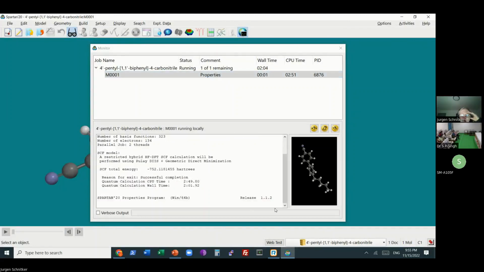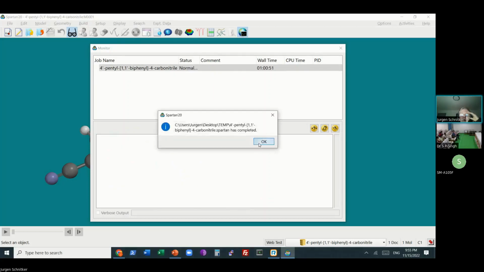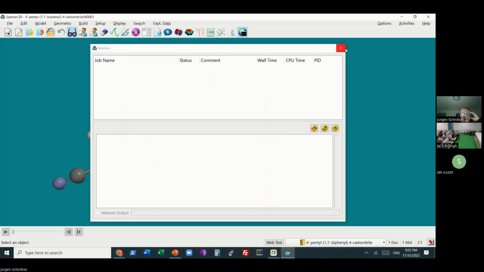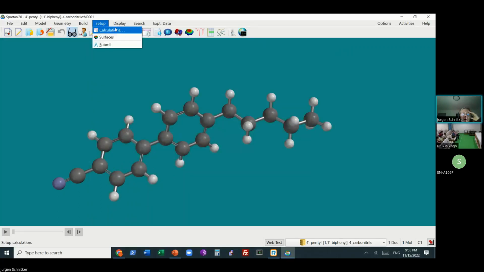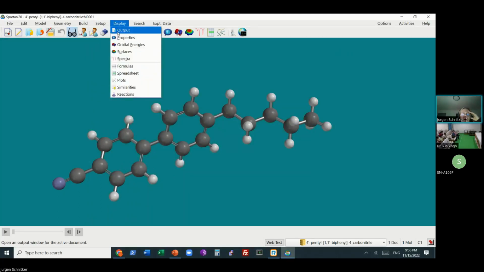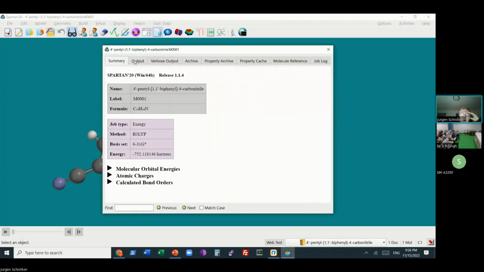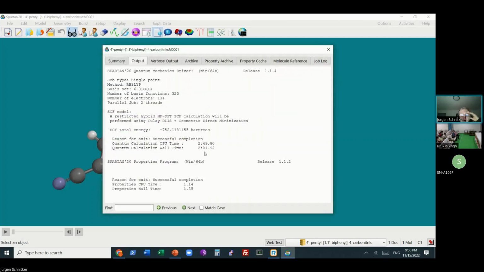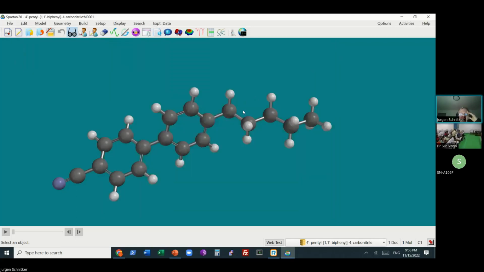There, it's finishing. So here actually it took, it finished. I expected 1 minute. Actually, it took a little bit longer. If I look at the output here, the CPU time was 3 minutes, and because I'm running on dual core, the wall clock time was 2 minutes. So it took 2 minutes rather than 1 minute. I had run the example before. It took 1 minute, so the way I rotated the pentyl group here may not have been very good.